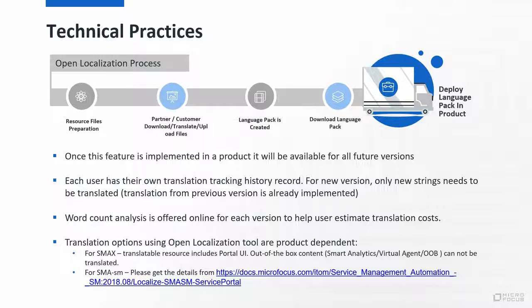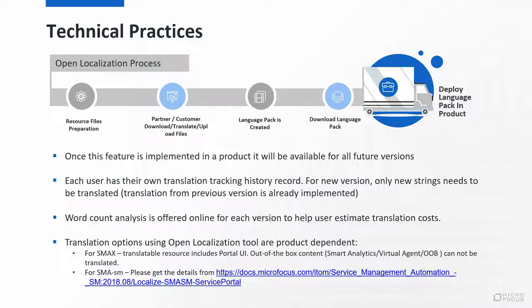As I mentioned, for the next version, you will only need to translate the delta, okay? Because all the previous translations will already be implemented. Obviously, this is something that is important for the cost. Okay, we just inserted in the last release of this tool a word count feature that allows you to run